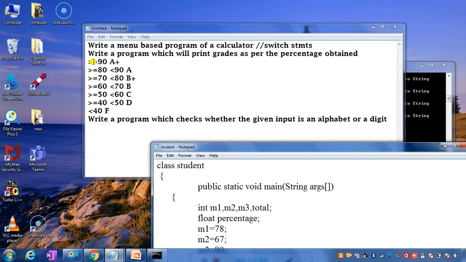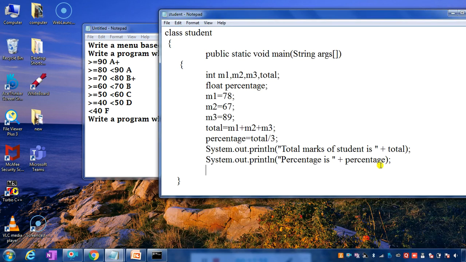Here I'll print the percentage and now I have to print the grade also. These are the conditions given. If it is greater than 90, then A plus. If it is greater than 80 and less than 90, then it is A. This program can be done with the help of logical operators as well as with nested ifs. So let's first do it with nested ifs. So if percentage is greater than or equal to 90,